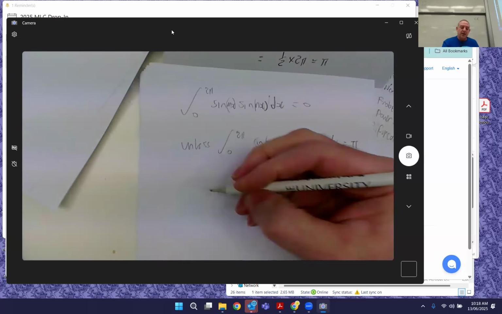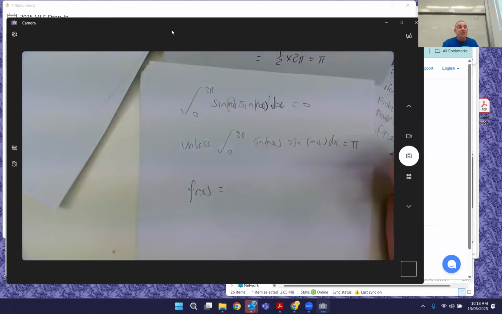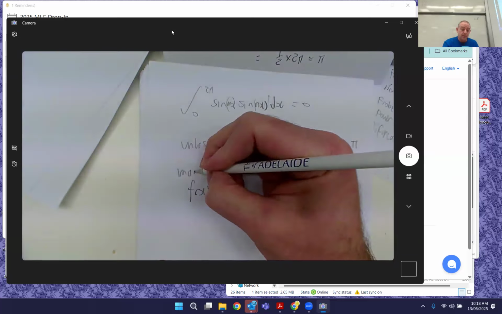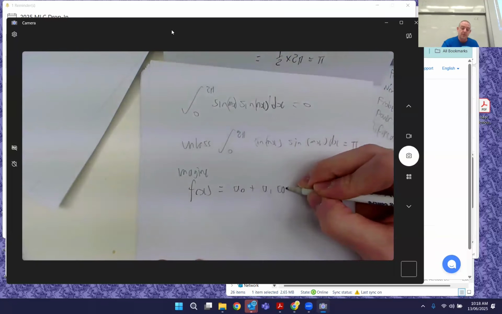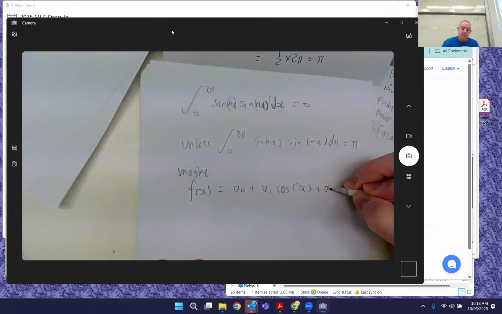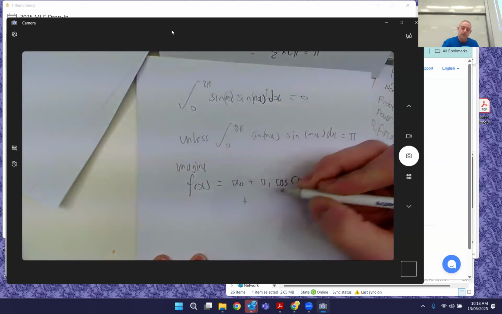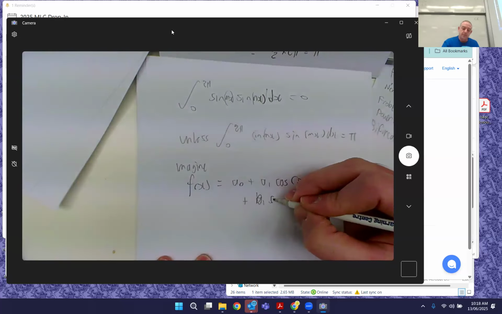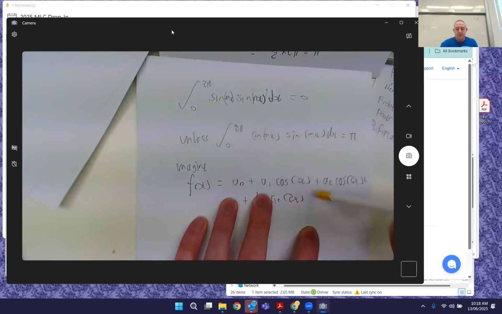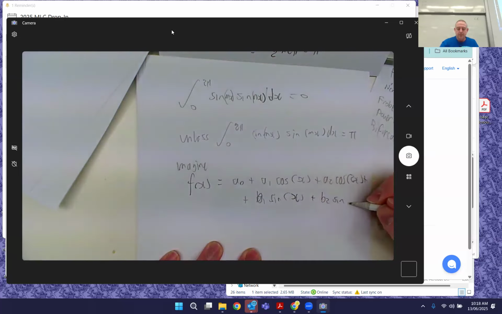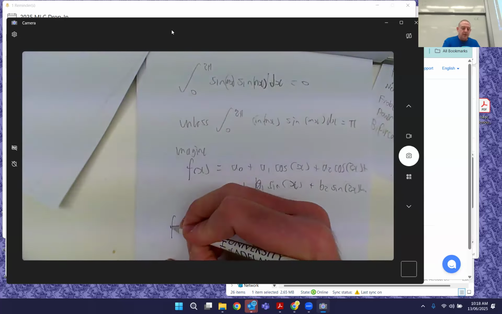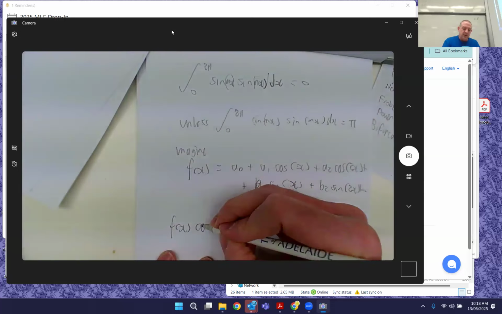So if you have a random function, imagine f of x to be these things. Then if I integrated f of x times cos x,